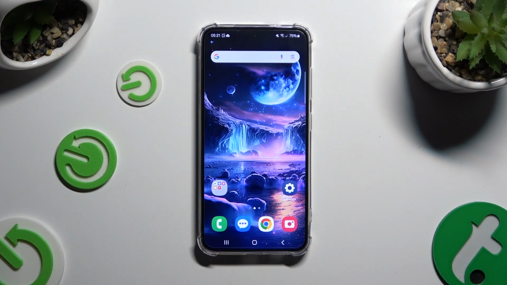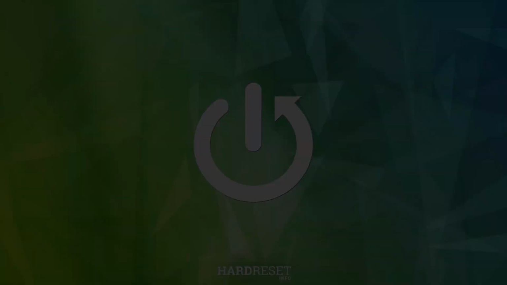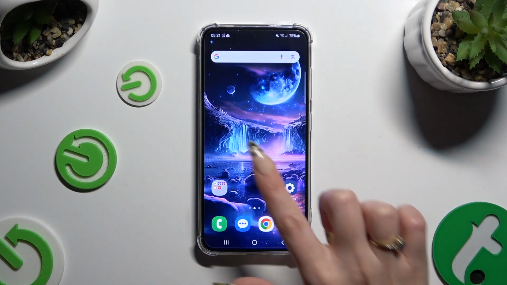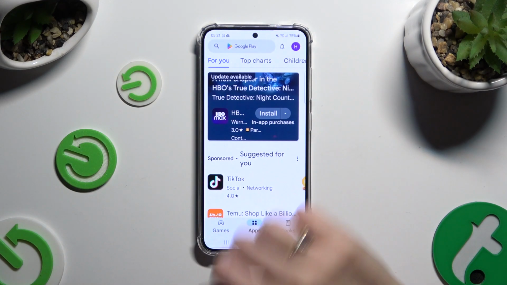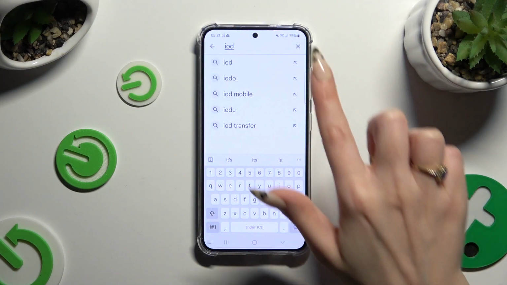In front of me is Samsung Galaxy S24, and today I would like to show you how you can apply Apple layout on this Android. Begin by opening Play Store and downloading a free app called iOS Launcher 16